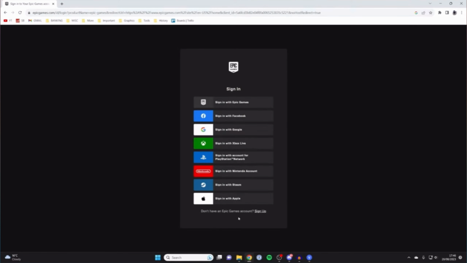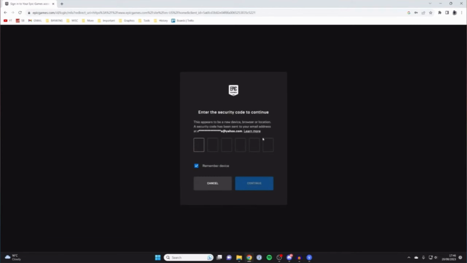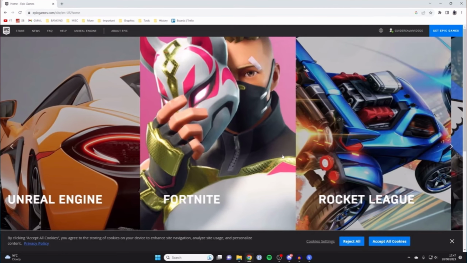and then you can sign in using any of your devices. So it's easy for you to do that, or you can sign in with an Epic Games account already. If you have that one, then just tap login now and wait for it to load, and there will be a security code that will be sent to you. In order for you to continue, just input that one, and then here you are now already signed in to